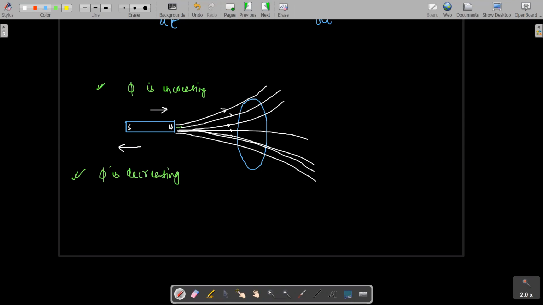If I talk about the first case, students, just see here, in which flux is increasing. I am saying that this is the magnet, sorry, so sorry. See here, students, if this is the magnet, and I am making the loop here. Okay, this is the magnet, this is the loop, and we are the observer. We are here, looking from this direction, students, so that it will be easier for us to get it.